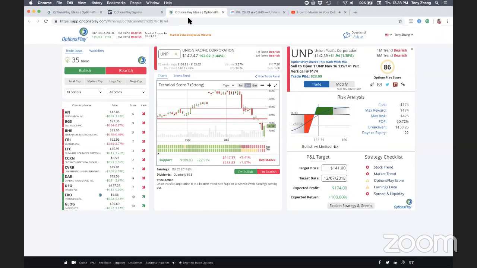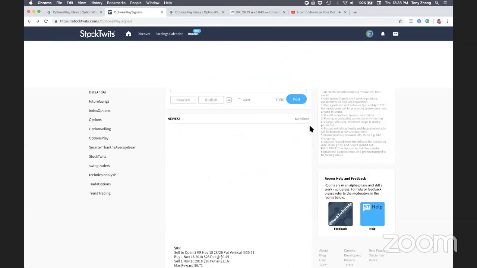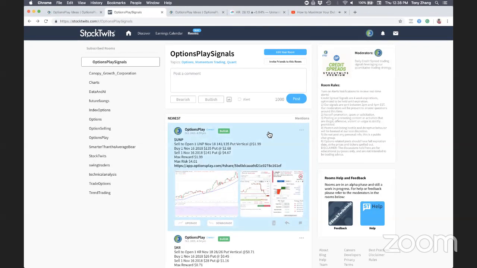So this is really designed so that once you're a subscriber, not only do you get these alerts on your phone and through your email, but you also can reply back. So if you have comments or thoughts or questions on any of these strategies, we will be active in this room every single day between 2 to 4 p.m. answering those questions that you might have regarding some of these credit spreads that we're generating. And this provides daily fresh ideas for you every single day, and a medium for you guys to discuss them with other credit spread traders as well.